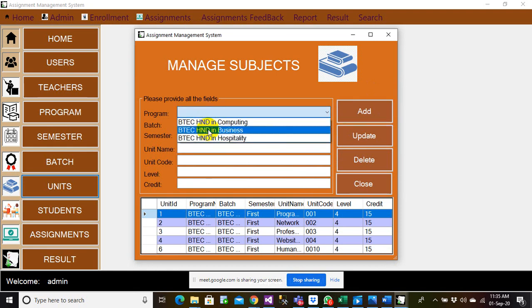Now let me have one more. First unit level is soft skills, 0020 level 4 and credit 15.